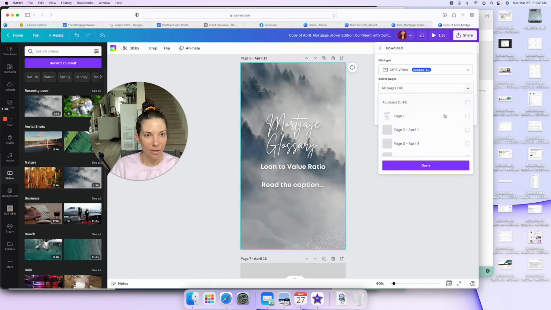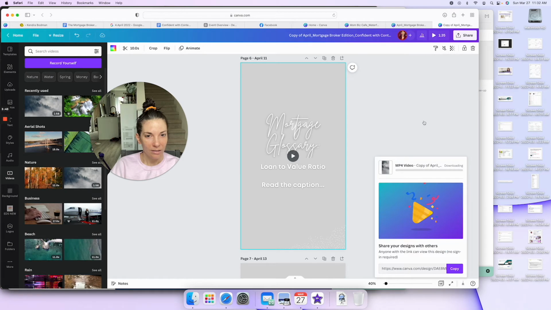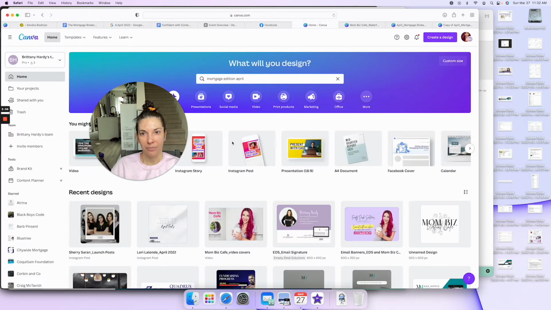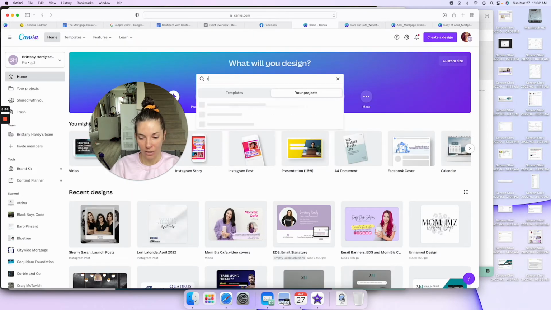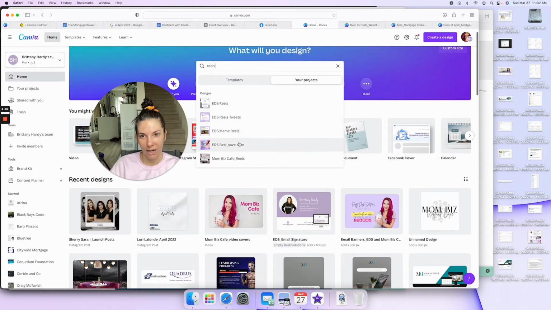And again, we want to find the right page because we don't want to download all of them. I've left all of them in one document, which is what I typically do. So even for my own social media, anytime I add a reel, it stays in this one Canva doc so that I can go, if I'm on my home feed and I just search reels, and I can see all of the reels templates that I have here, and they're all in one thing. So for example,